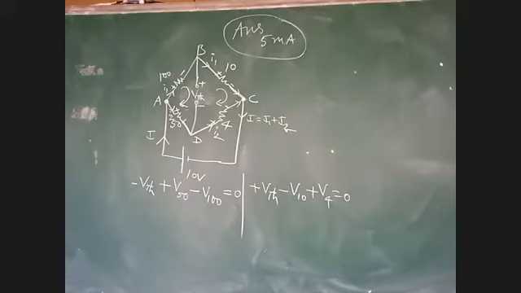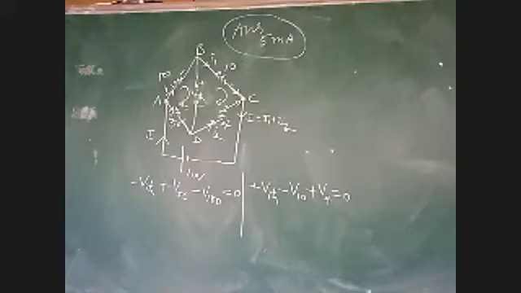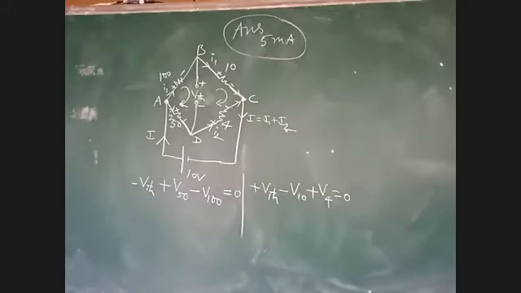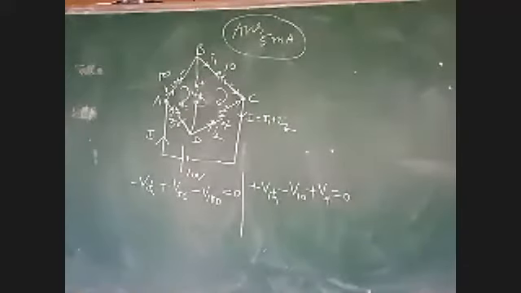Now here I will apply the voltage divider rule for determining VTH. What is the formula for voltage divider rule? Anyone? See your notes. We have told in voltage divider rule. Go to the formula and tell me. Voltage in any branch, V1, is equal to total voltage into same branch resistance by total resistance in series.